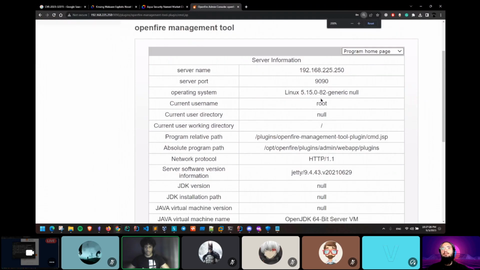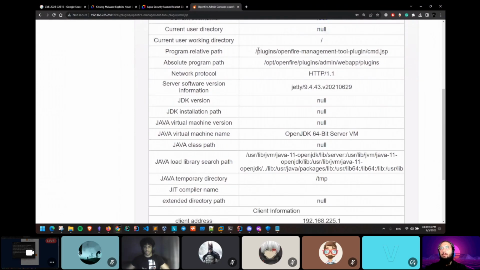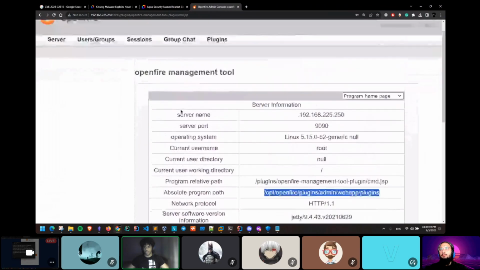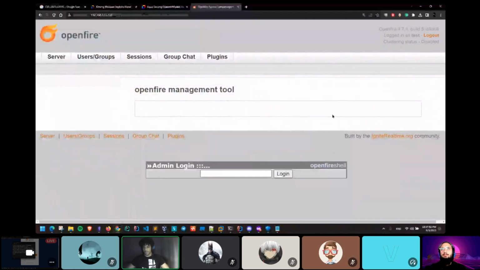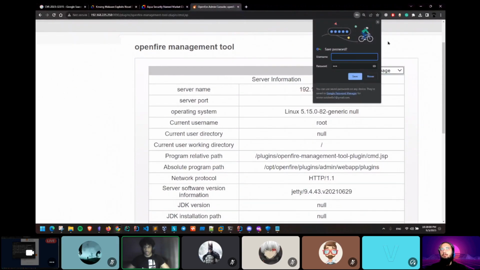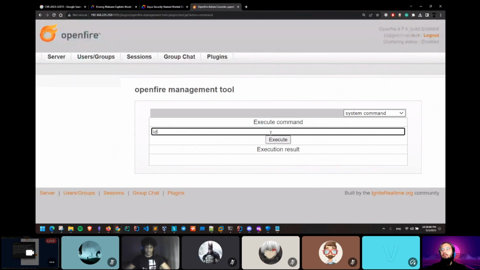We have all the information about the server, the IP, server port, operating system version, which may be vulnerable to kernel exploitation or something, and the username, which is root, and a lot of useful information. 123. And there is another option to execute commands here. System commands, id,